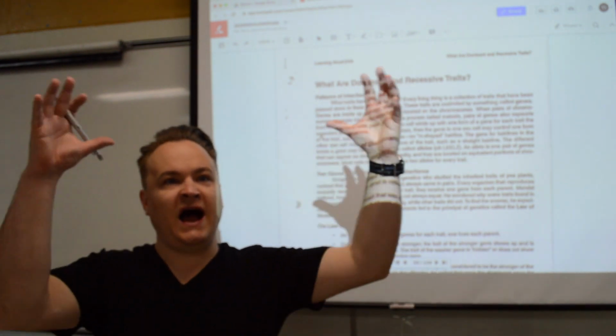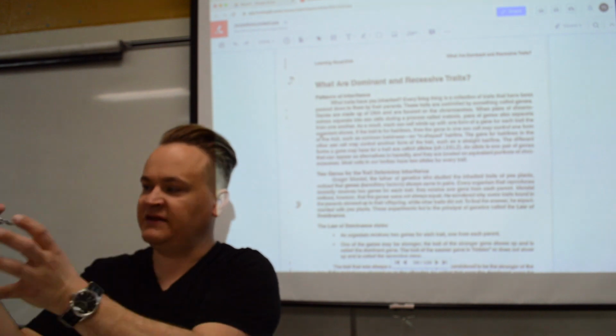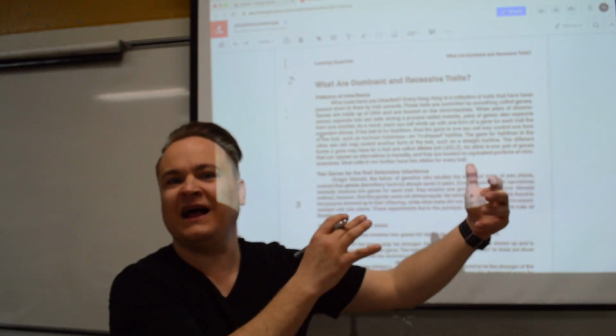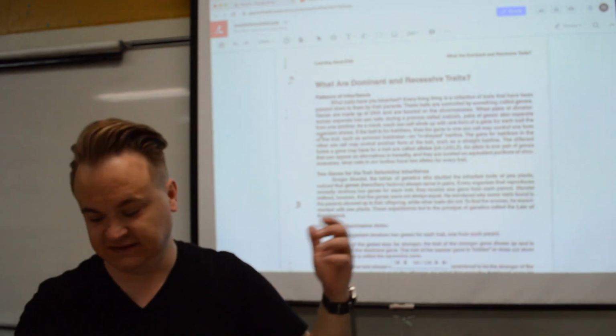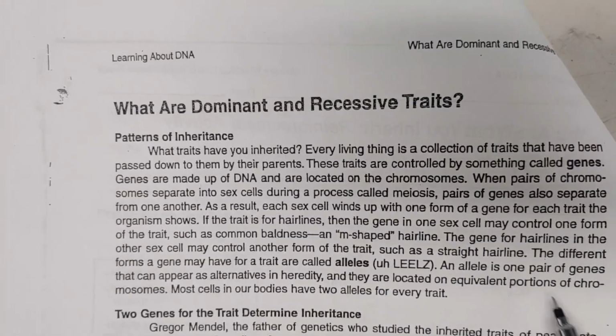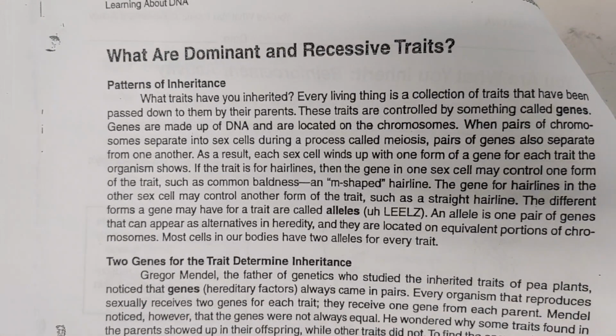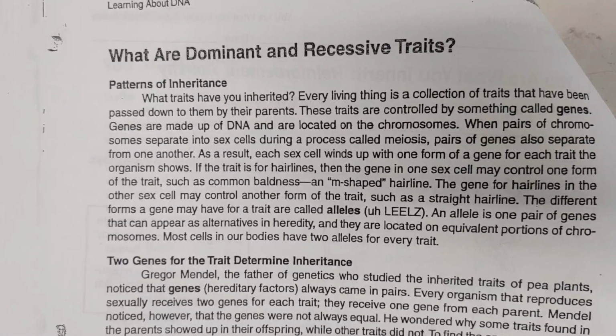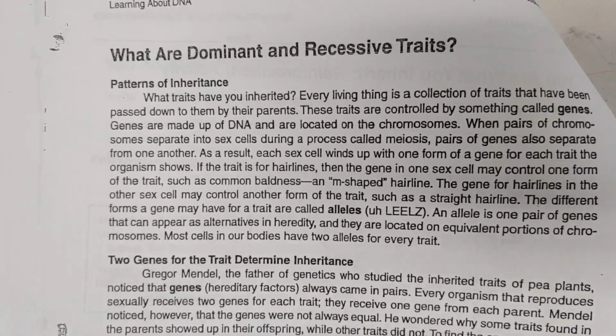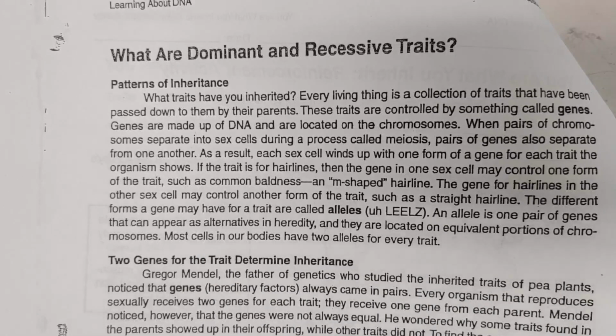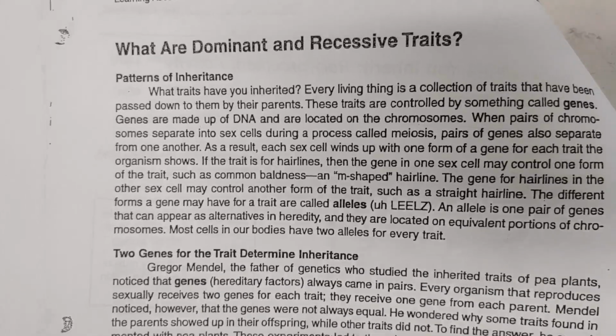So if you're talking about eye color, that's the trait, and all the different versions, we would call those different alleles, or different kinds of options. An allele is one of a pair of genes that can appear as alternatives in heredity. They are located on equivalent portions of chromosomes. Don't worry about that too much. It's a little bit complicated. Most cells in our bodies have 2 alleles for every trait. Two genes for the